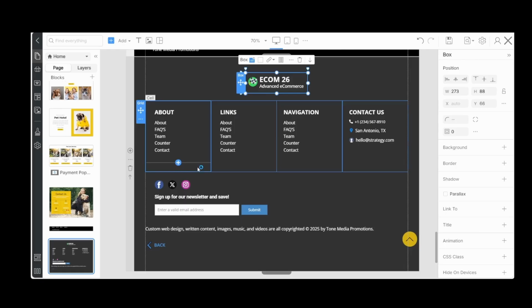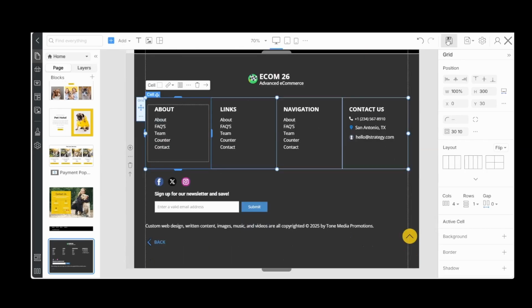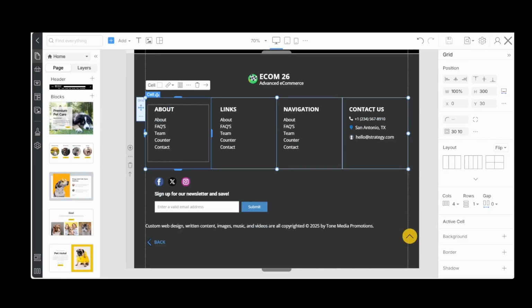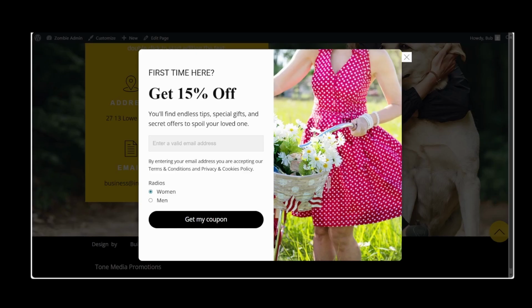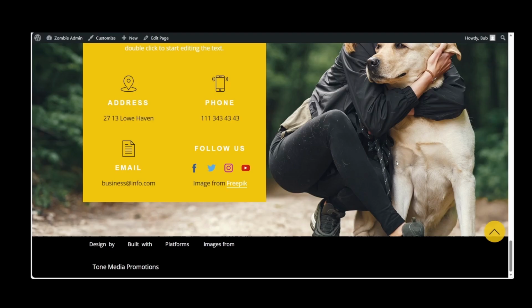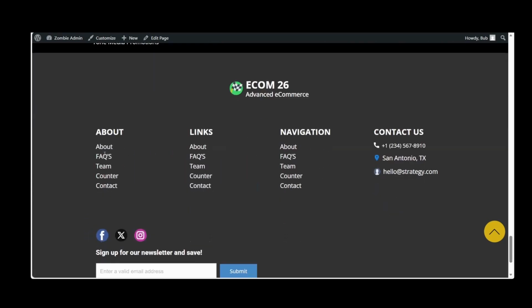And there it is right there. Let's save that. Let's X out. Let's update. And we'll take a look at the footer there. Let's refresh. And there it is right there. Custom footer, then you can just create your own linking.